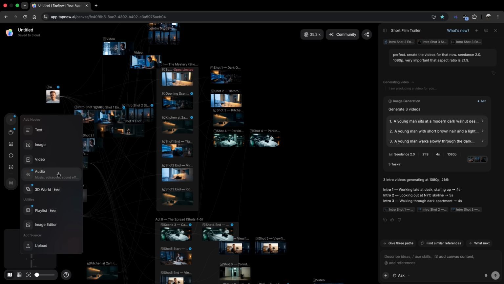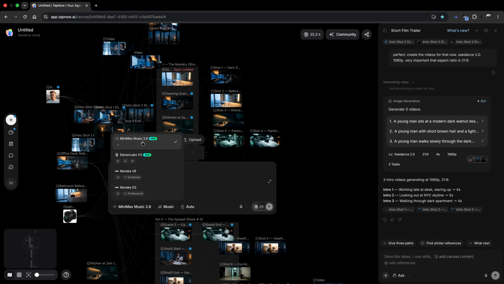The last thing I'd add, and this is easy to forget, is sound. AI video comes out completely silent. But that's no problem. TapNow can now also create music. I wanted something that felt cinematic but slightly off, like reality was glitching. And the right track can take a 60% finished piece or AI piece to 90% instantly.